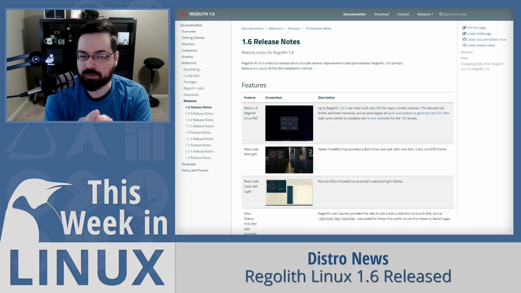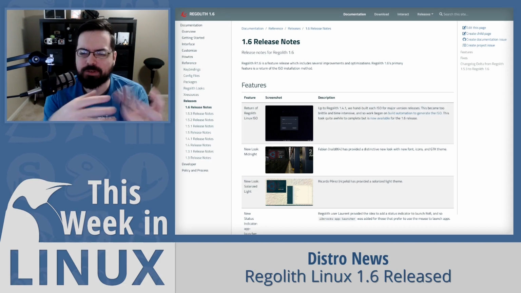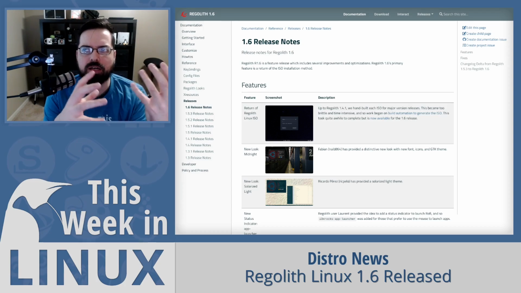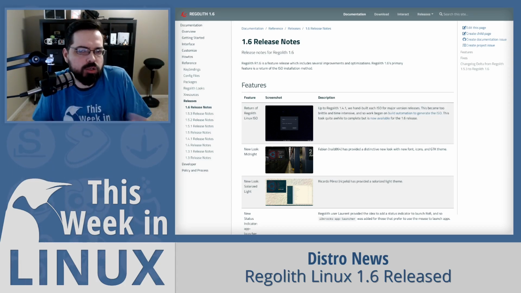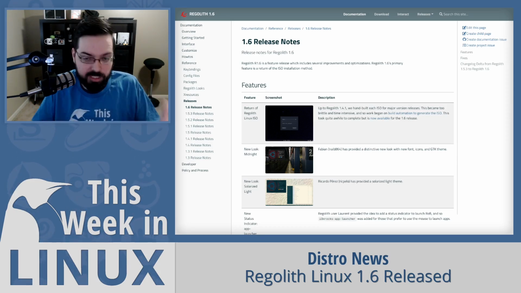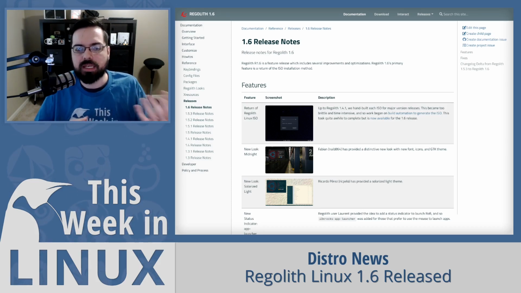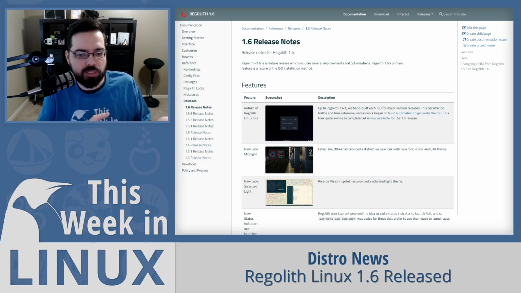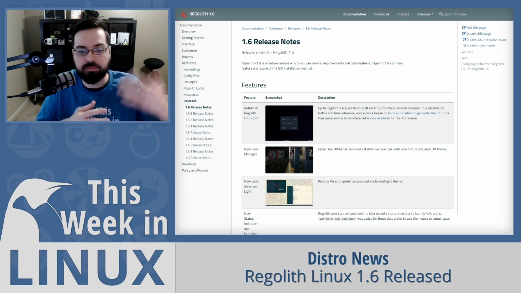If you're familiar with i3, it has a gap between the tiling of the windows. And if you're not familiar with tiling window managers, it's a very interesting style of computing that is typically known as being like a hardcore type of interface because it's not a very polished experience in most cases. But the way that Regolith does it makes it a lot easier for people to get started because it's an Ubuntu-based distribution that has i3, and you can just install the distro and be good to go.